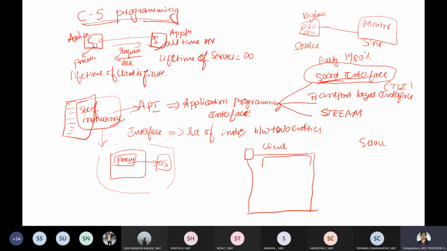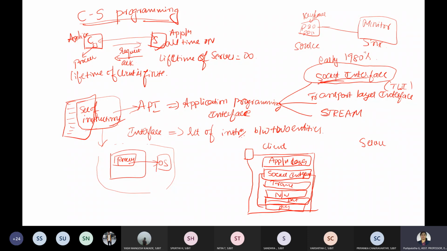We know that we have an application layer here, right? Below it I'll have the socket interface. See, the positioning you should know correctly. The socket interface is the one that is going to give the instructions to the 4 layers. Which ones? Transport layer, network layer, data link layer, and physical layer.